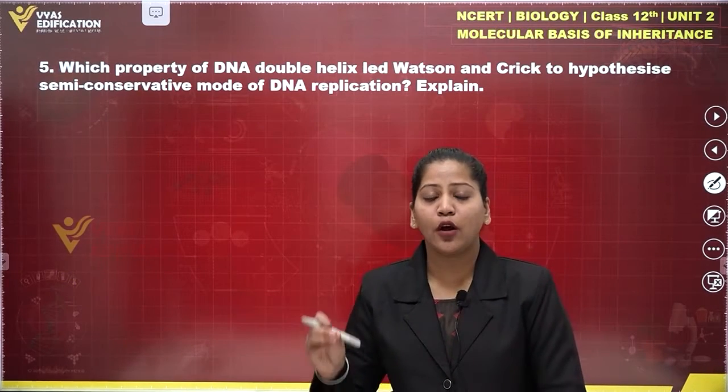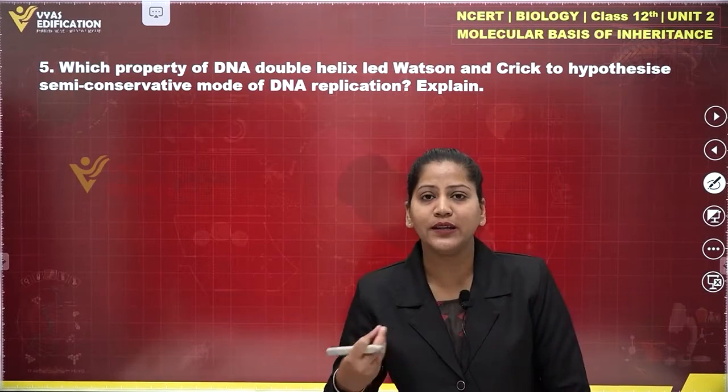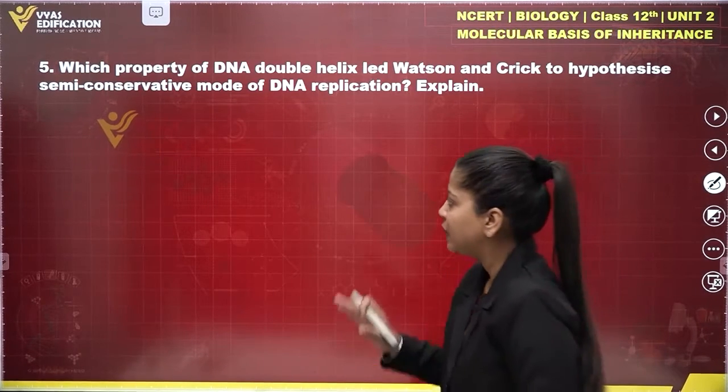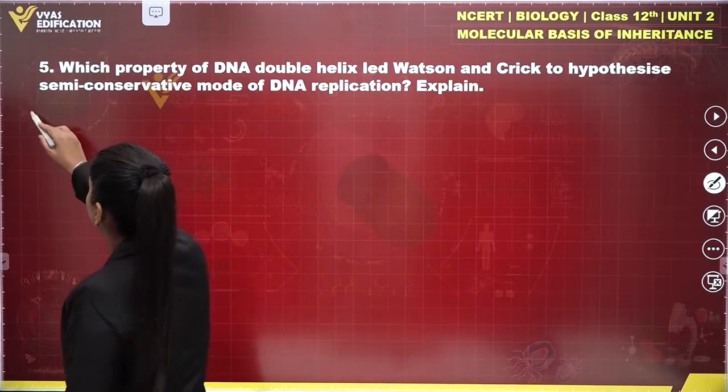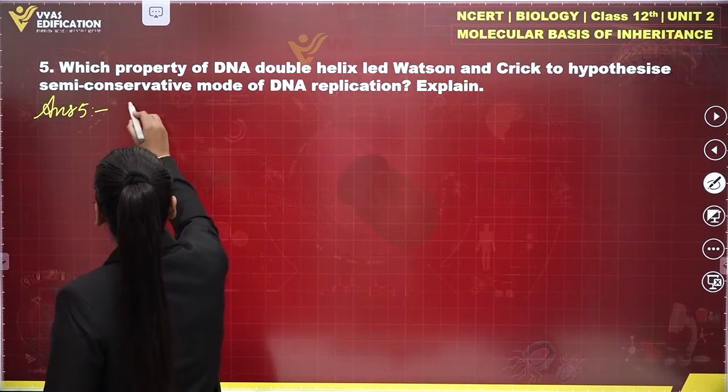Each molecule of DNA will contain one parental strand and one newly synthesized strand. So this is the answer, and we have to write the solution, which will start like this,